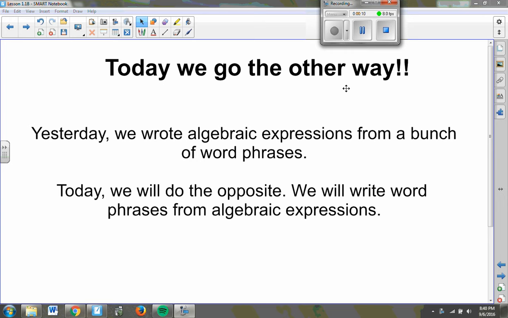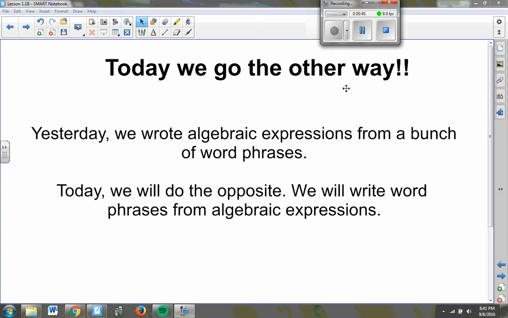Today we are basically going to do the opposite of what we did yesterday. Yesterday we were writing algebraic expressions from a string of word phrases. So we were looking at words, remember, like more than, or sum, or quotient, or product, right? And we were writing math symbols and expressions with numbers and letters from those word phrases. Today we're going to actually do the opposite of that. We're going to take an algebraic expression and try to write it out with those words